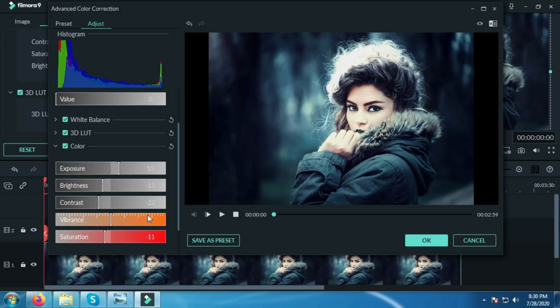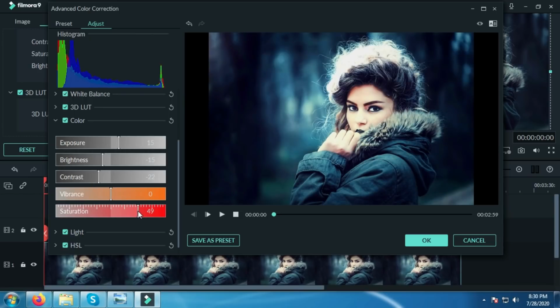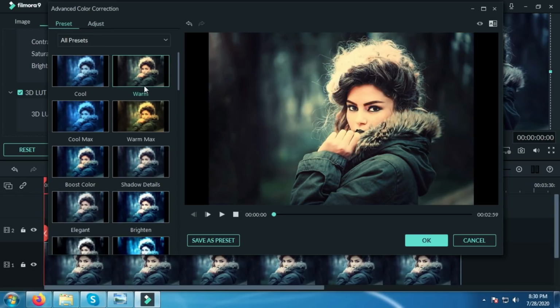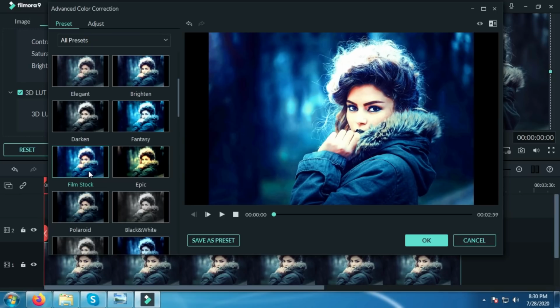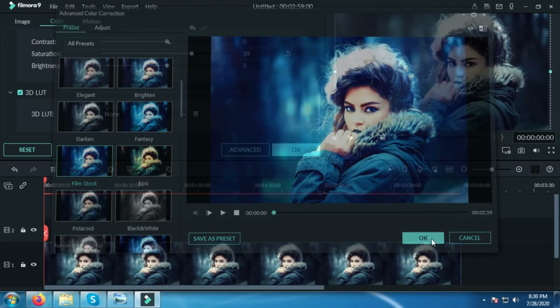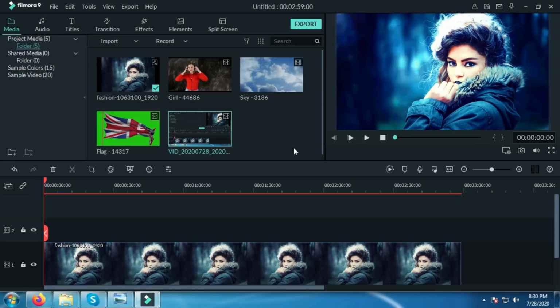There are so many other video correction options. You can use as per your requirement. This is preset option. You can select the color here. Click OK. So the preset option will be applied here.